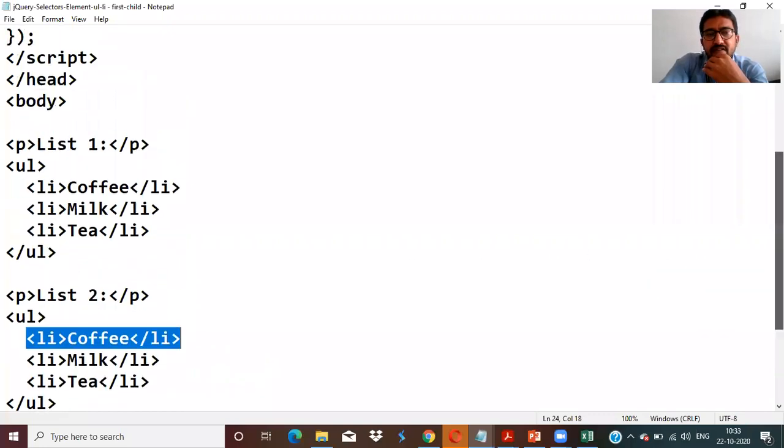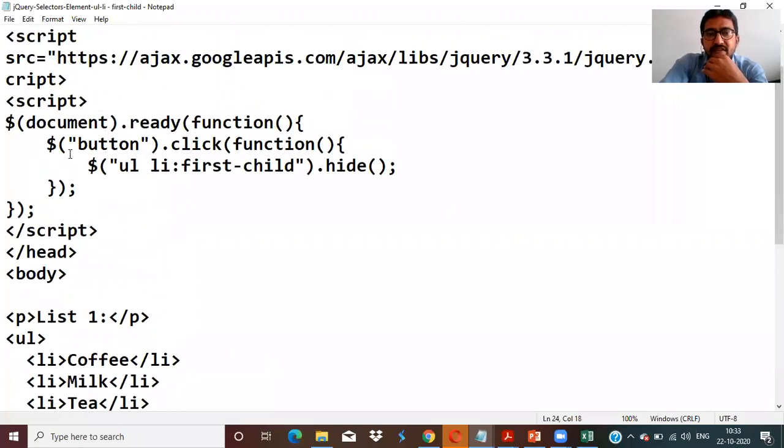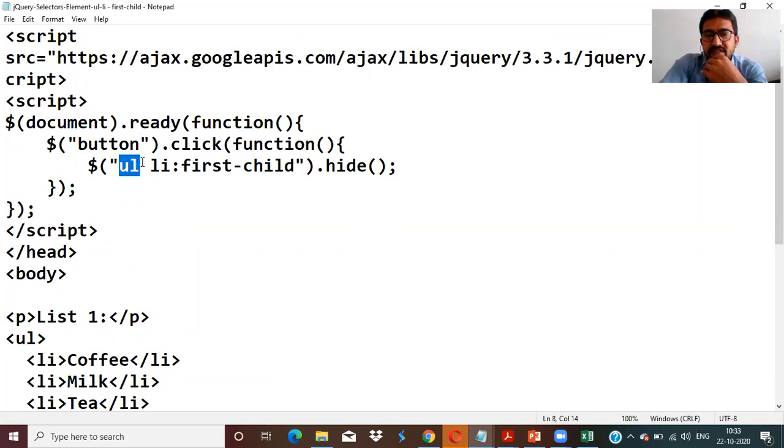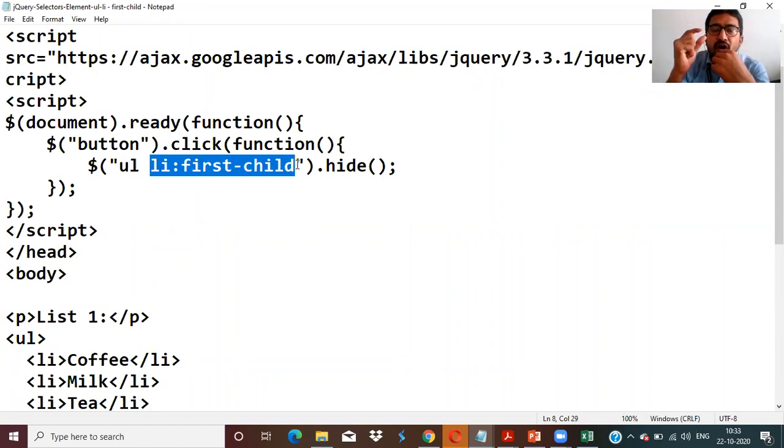To write that, the jQuery code is here. When I click the button, the action I need to perform is on the UL, the unordered list. This is the selector: UL space li colon first child. How many unordered lists do we have? Two unordered lists. Under that, the first child, li first child, I need to hide. So that is the main objective of this.